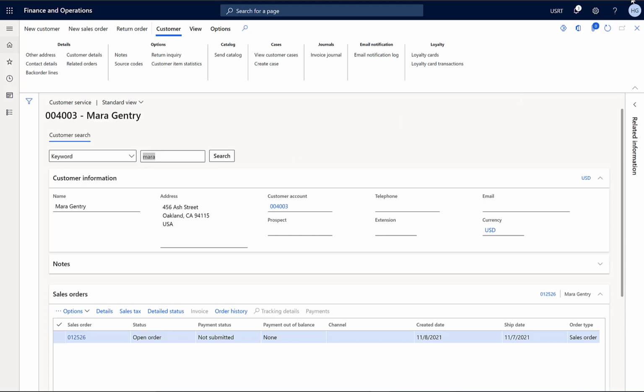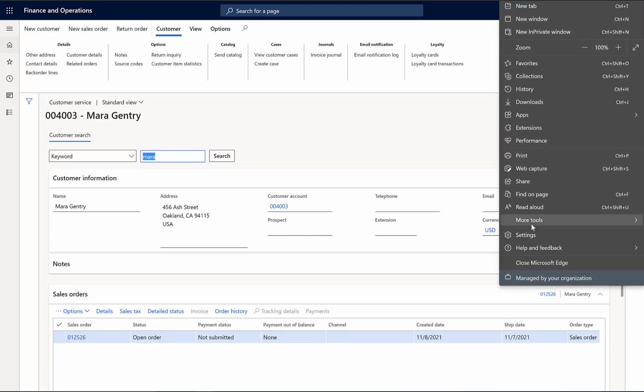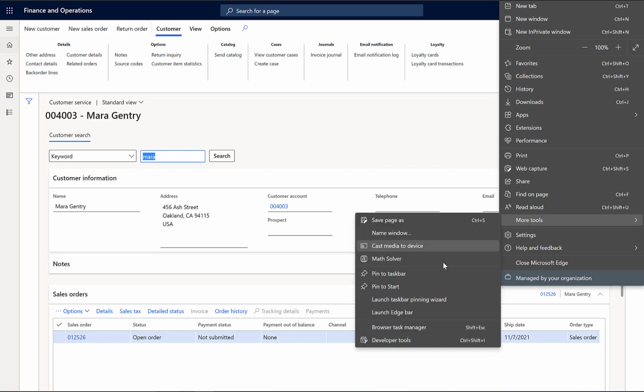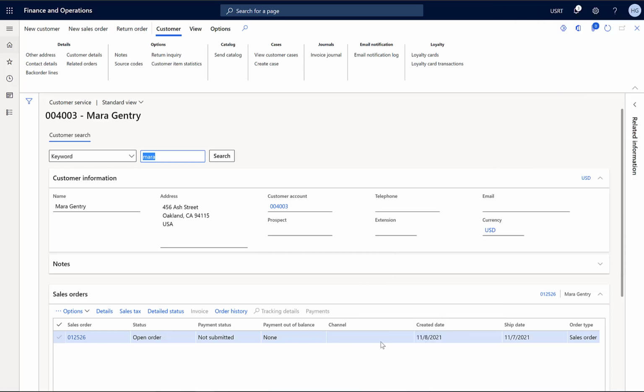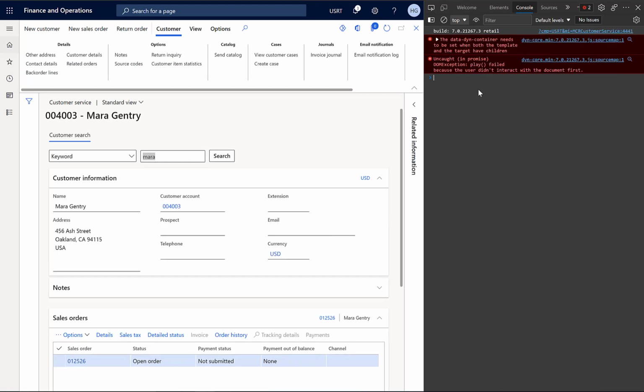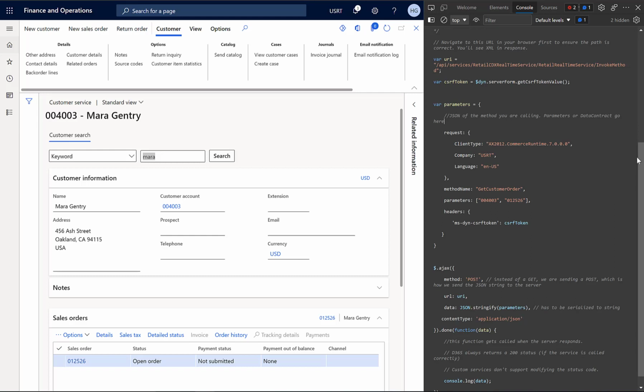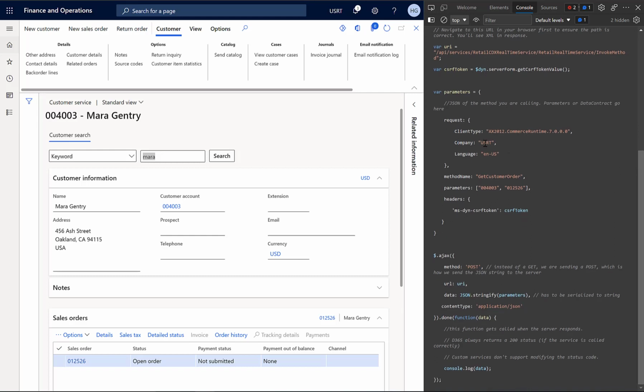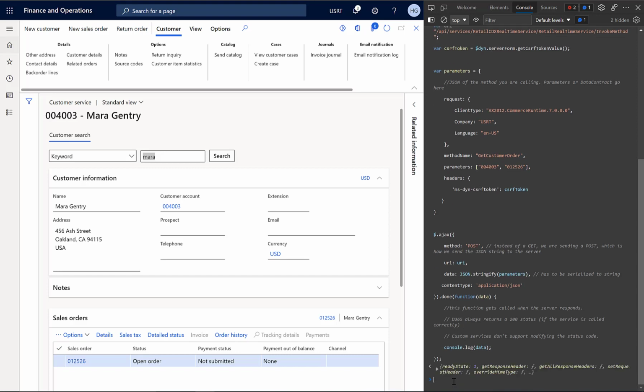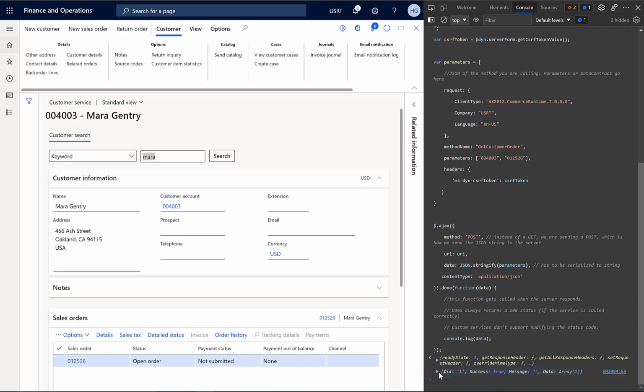Now I will open the DevTools by going into more tools and clicking on developer tools. It goes to console, and now I will be pasting the script here. I made some changes to the script by putting the company name and the sales customer and the sales order number. After making those changes, I plan to run it, and you can see that it ran successfully and it